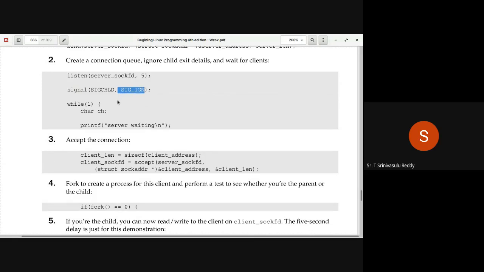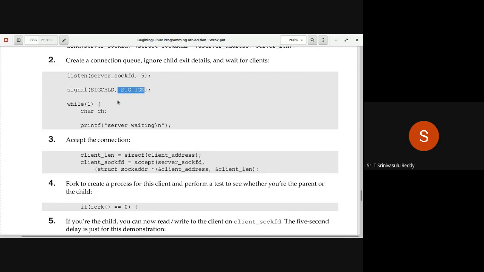Right? Basically, you don't want to attend to that. But at the same time, no zombie process must be created. So it should be cleared. It should be cleared as a part of it. So that's why here the child will inform the parent process. So because it is already informed, the zombie process won't be created. So parent process is not doing anything as a part of it. Right? So this is one kind of solution. It's not that all the programs must be written like this. This is only a part of it.